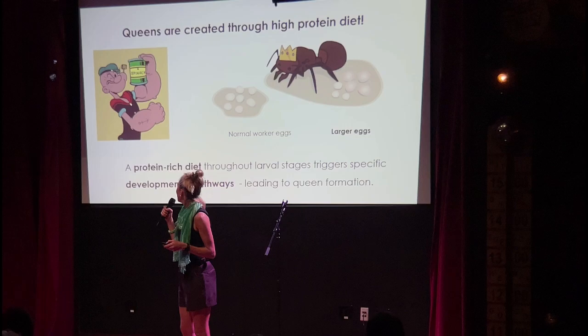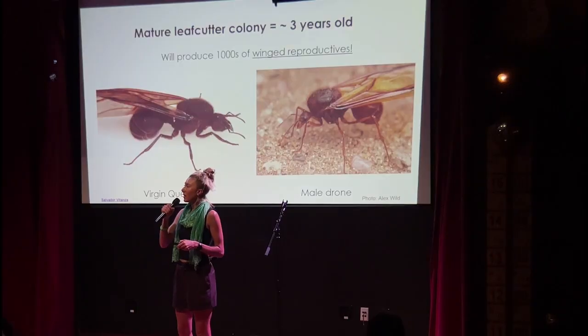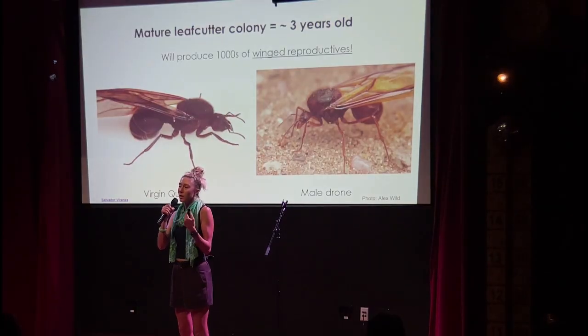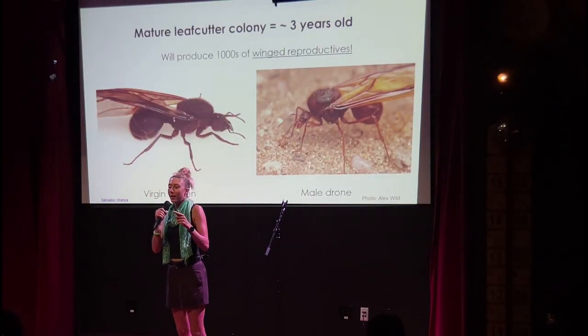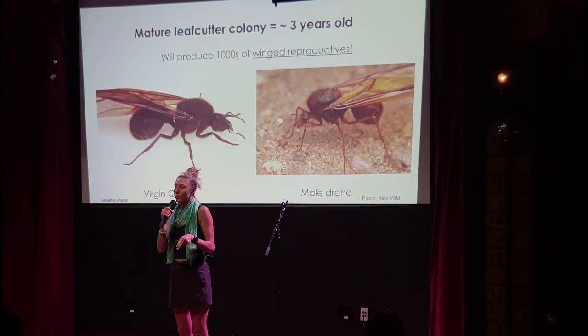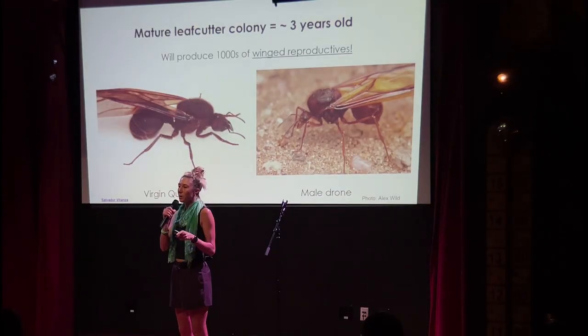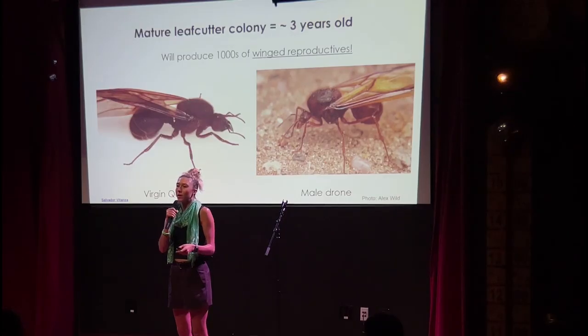And a new queen is called a virgin queen. And males are called the drones. This is actually interesting. I haven't talked about DNA, but I could. All the ants are females, right, besides the drones. And so the females are diploid. They have two copies of their chromosomes. The males only have one, so the males are haploid. So when a queen wants to lay a male ant for reproduction, she won't fertilize her egg, and so she'll